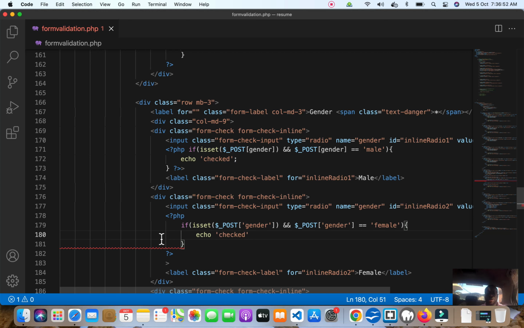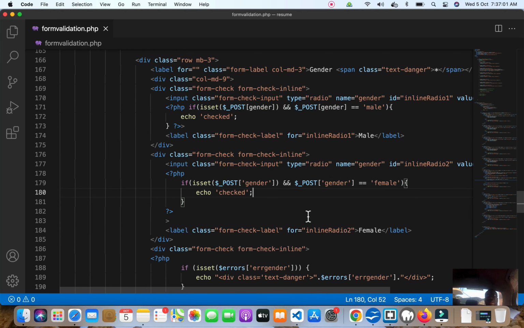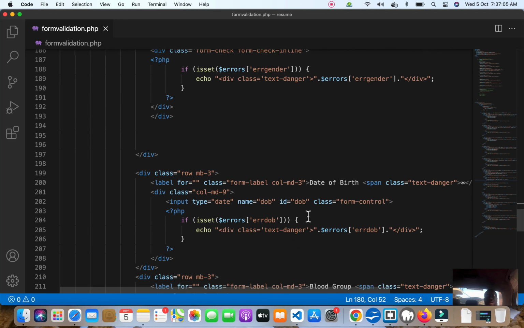So this will be checked only when the data inside this variable post gender is female. So with this, we've retained data for